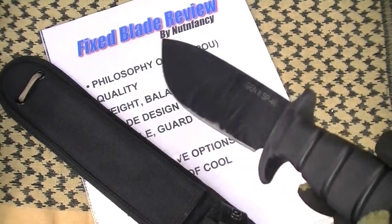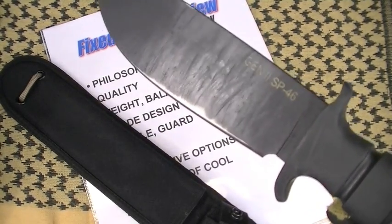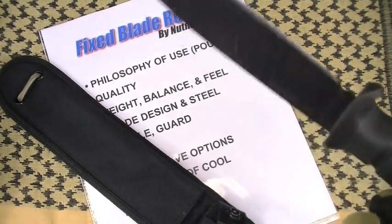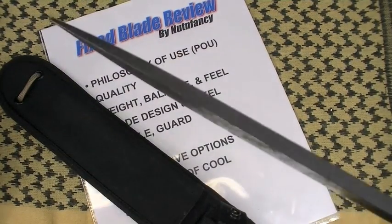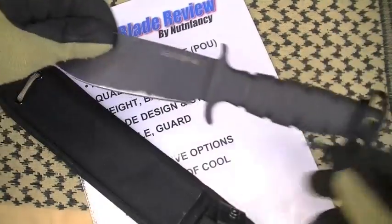If you're not impressed by now, something's wrong with you, because me, Nutnfancy, I'm pretty impressed by all this. I also introduced heavy-duty tempering racks, which results in straighter blades and more consistent grinds. Wicked. Then he goes on talking about how he laser imprints the blades as opposed to,